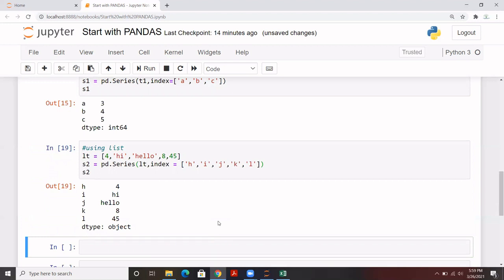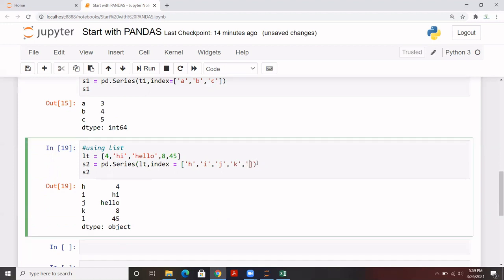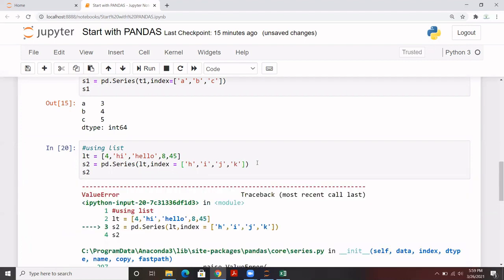One thing you have to be careful about: the total records that you have passed in this list, I mean total values, should be passed in the index as well. This should be exactly similar, not less than or more than. For example, if you are passing only 4 records in this, it will give an error.